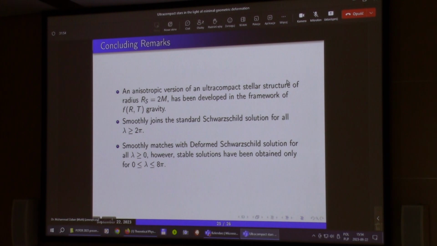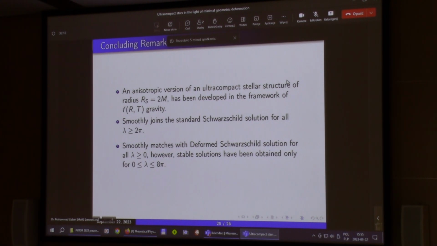For all cases, we have seen that it reduces to the condition for the standard Schwarzschild solution: lambda is greater than or equal to 2 pi, the coupling parameter of the T3 gravity. And in the second case, for the deformed Schwarzschild solution, for the smooth matching of the interior and exterior, we